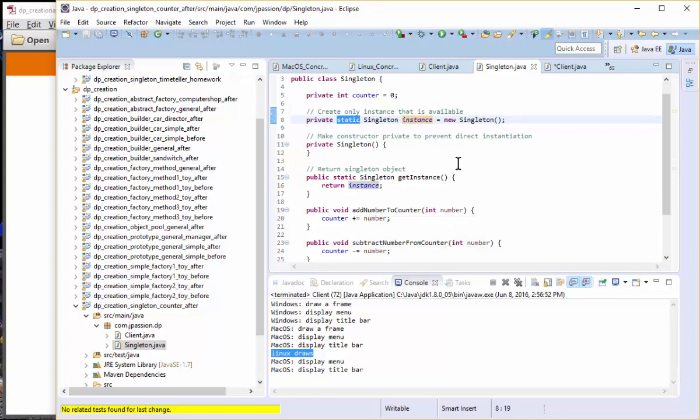And then we are going to provide a method that other objects can call to get this instance. So we are going to provide a get instance method, and this is the one that actually returns this instance that we have created. Okay? And then in this example, we have a counter. So every time